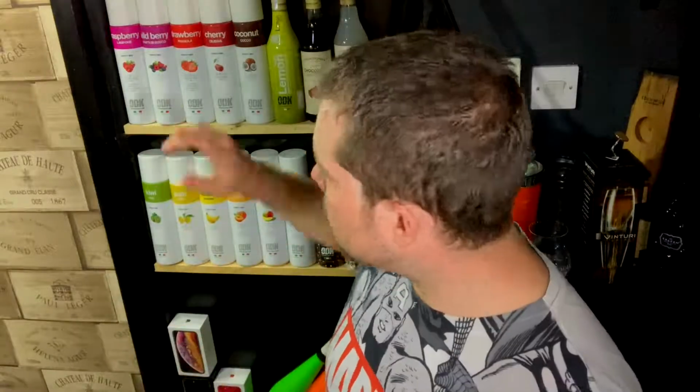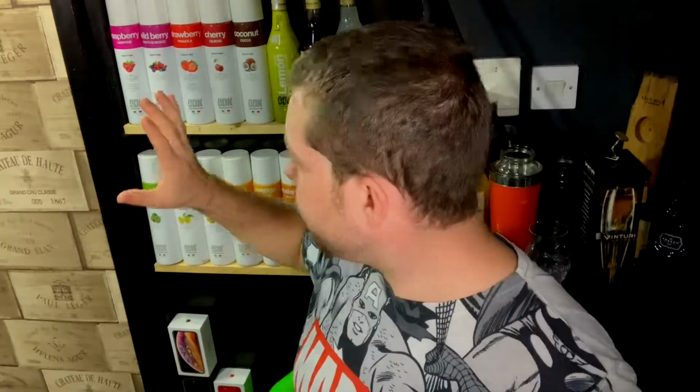Now this is something that I wanted to mention because I'm now doing a little bit of work with ODK, certainly in Birmingham and out and about. This is ODK stuff right here. So it's fruit purees, it's gluten-free, and the best thing about it is A, it tastes really, really good, it tastes like it's supposed to, and B, these are all open, and they've been open for like a week, 2 weeks, and I've still got another 2.5 months before I have to have used them up,